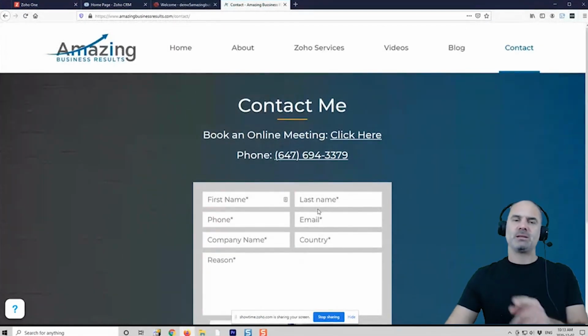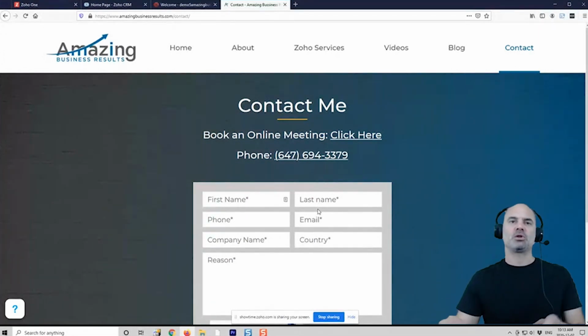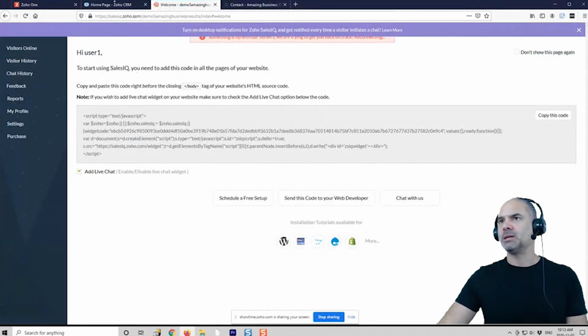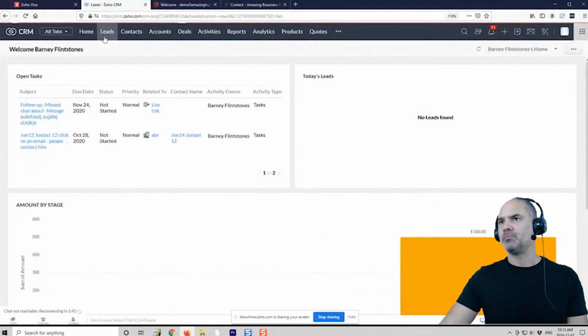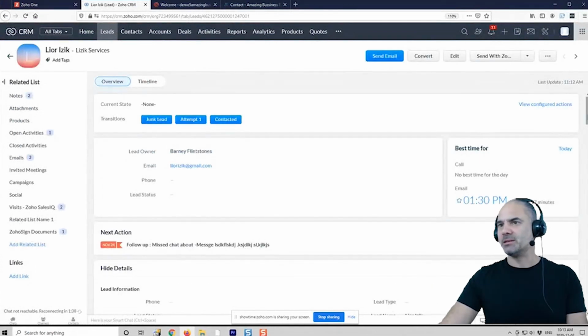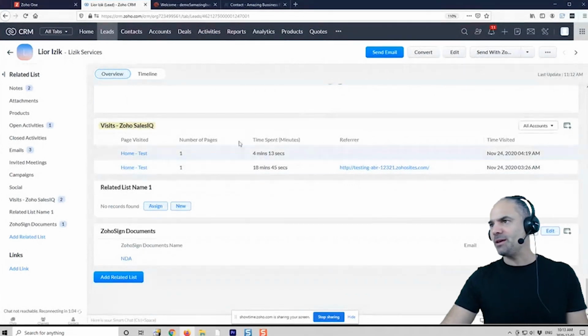In those cases, there will be a cookie, an identifier that will be installed on the client's computer. And every time that you will go back to the website, you will be able to see the details of the transaction, the details of the visit. You can see it on the bottom, and it looks something like that.